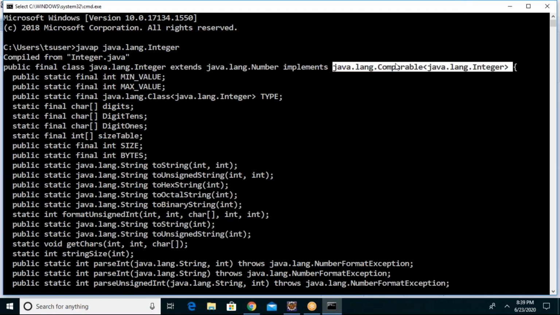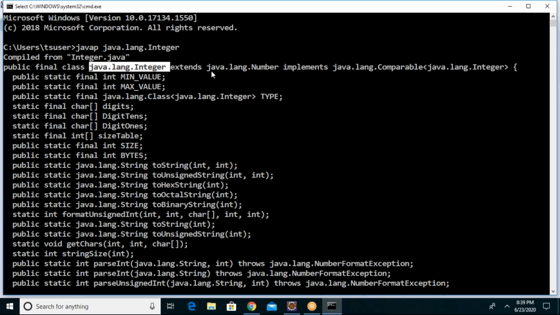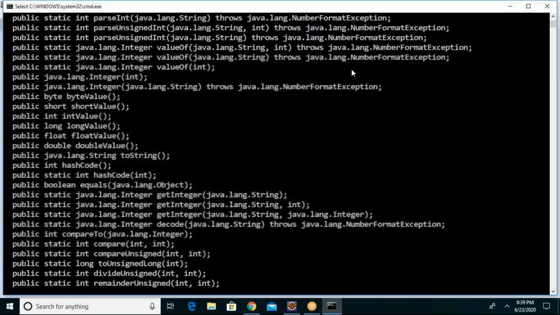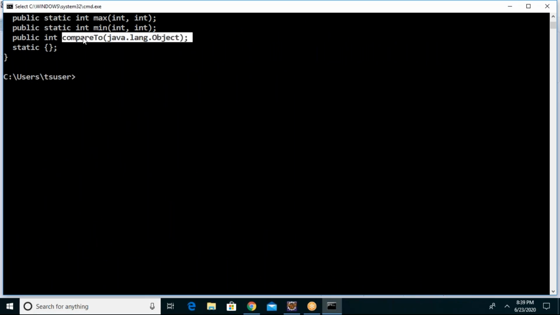Guys, concentrate here. The predefined Integer class of Java already implements the Comparable interface, and it is overriding a method of the Comparable interface called the compareTo method.